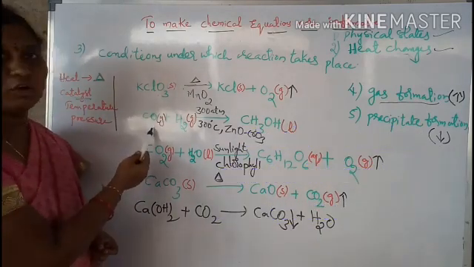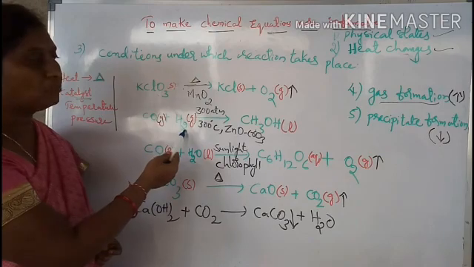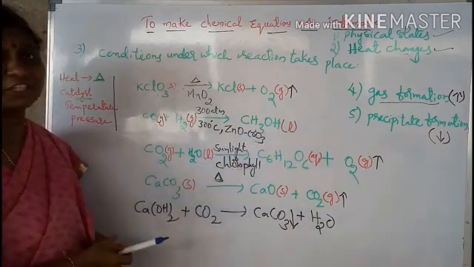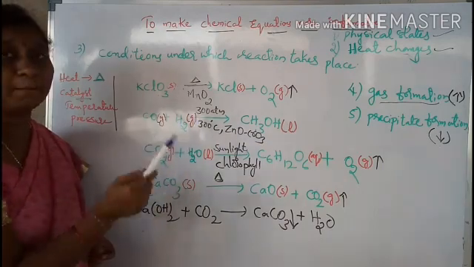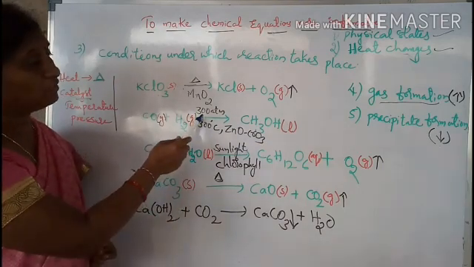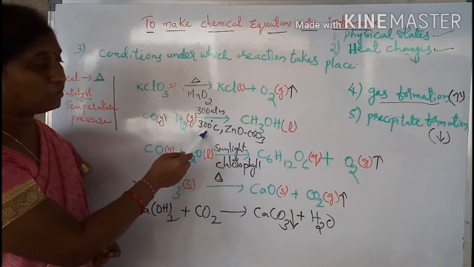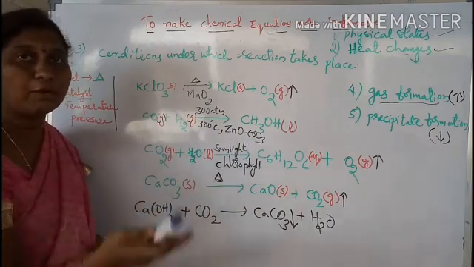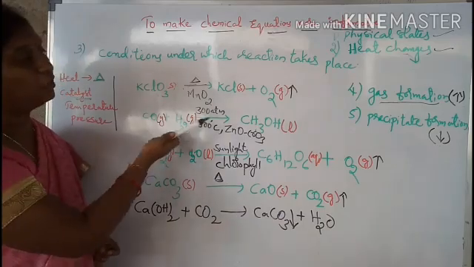And we'll go for one more reaction. Carbon monoxide combines with H2 to form methyl alcohol, which is a liquid. Here this reaction takes place under the conditions of pressure, temperature and also catalyst. So the pressure 300 atm and temperature 300 degrees Celsius and the catalysts zinc oxide and chromium oxide are shown above and below the arrow to make the chemical equation more informative.